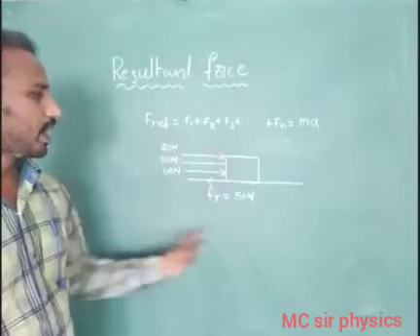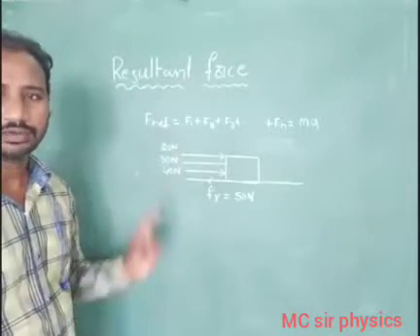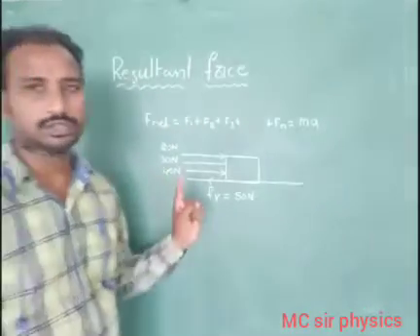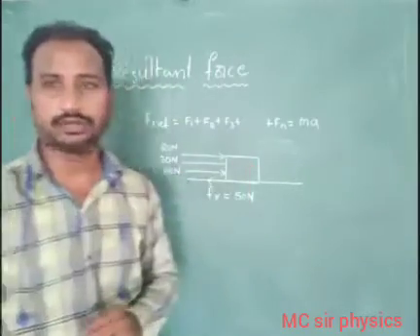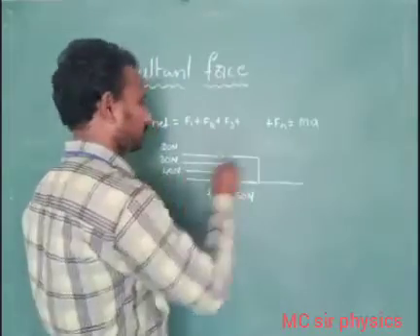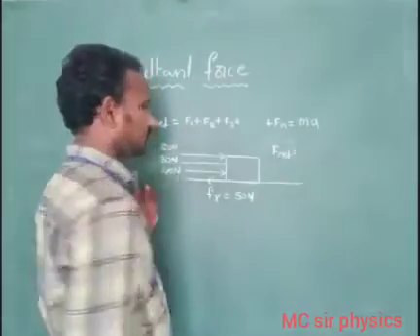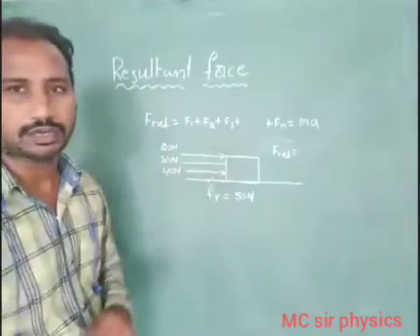Now you have to find the total net force. Is that net force equal to 0 or not equal to 0? We have to find out. Now apply here the total force. First, net force how much? F net is equal to the sum of individual forces acting on that body.